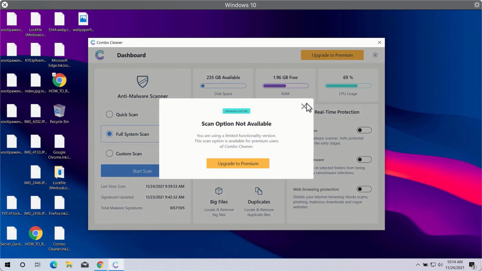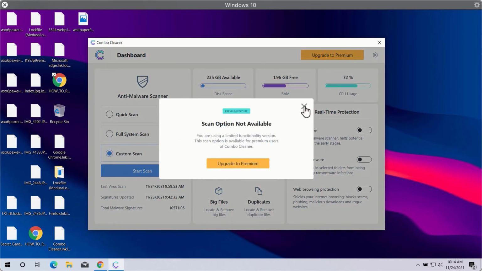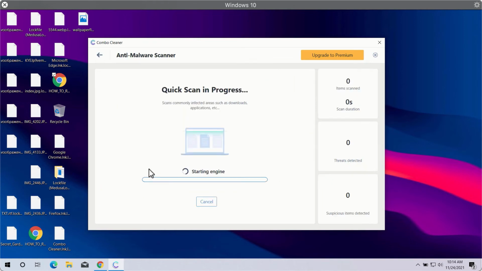Full Scan and Custom Scan are the parts of the premium license. So to use these 2 scan types, the premium license upgrade is required. So click on Start Scan button in order to detect and identify all sorts of malware, ransomware, and other threats